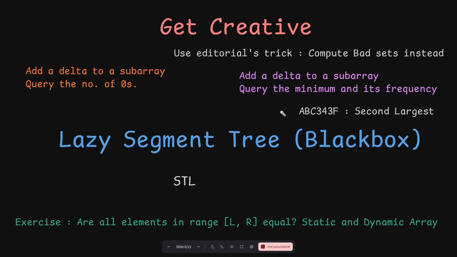So this problem is fairly trivial if you know segment tree even as a black box. In fact, this problem has appeared in a recent AtCoder Beginner Contest, in a problem called Second Largest. I will link this problem in the YouTube comments. You can attempt that problem first so that you gain some more experience with using normal segment tree as a